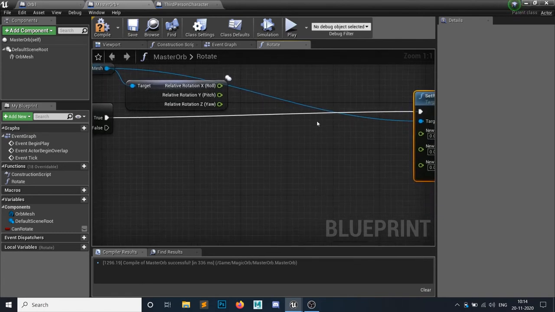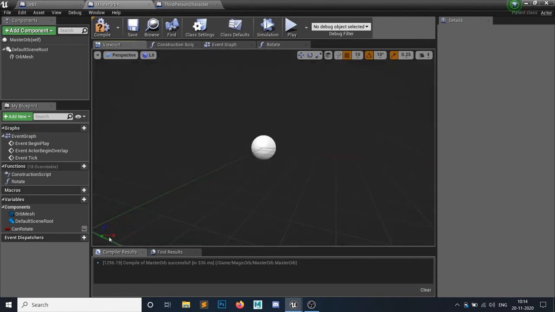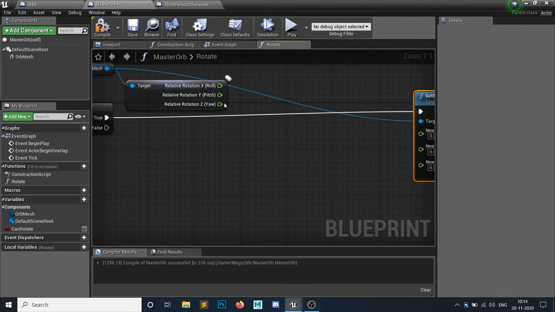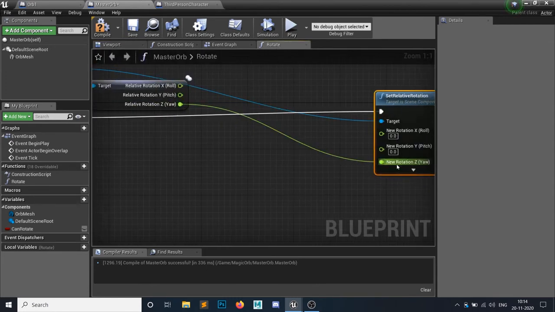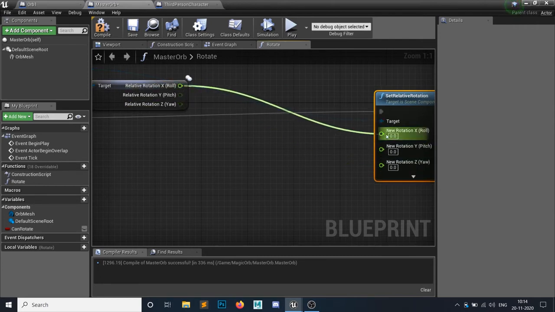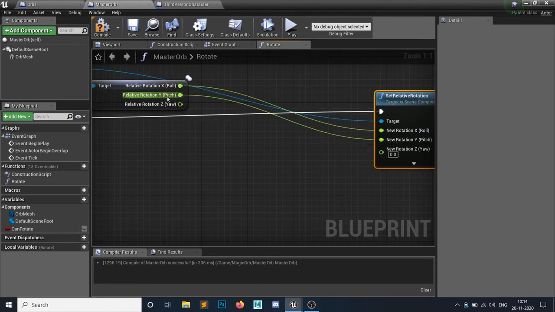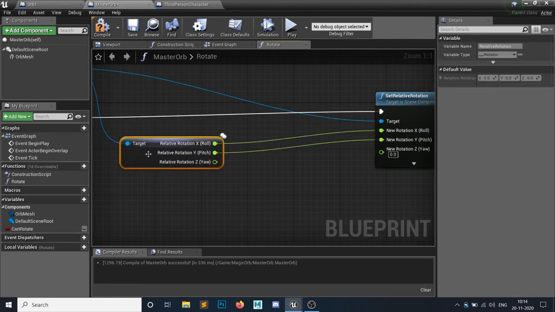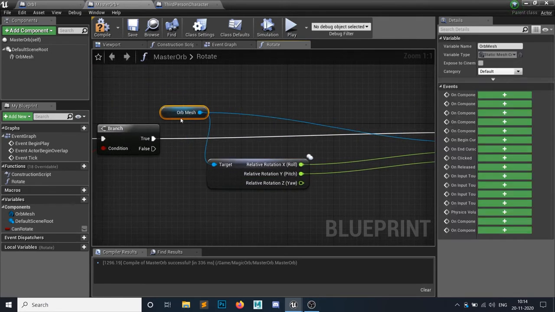Okay, so the x and y axis, as you can see, have nothing to do with the rotate, so they will simply go to this x and y, not z, because we need a z axis so that we can rotate in the z axis.